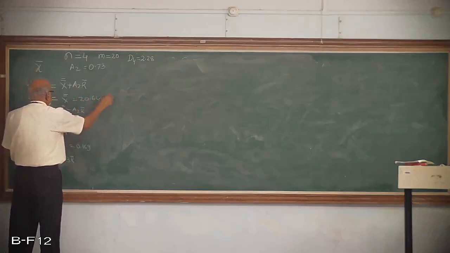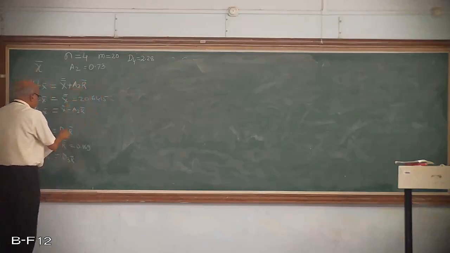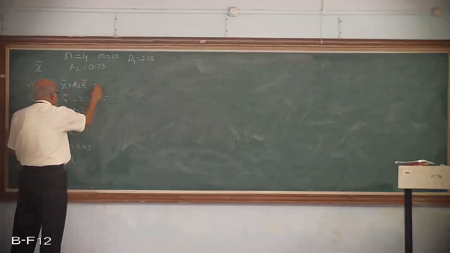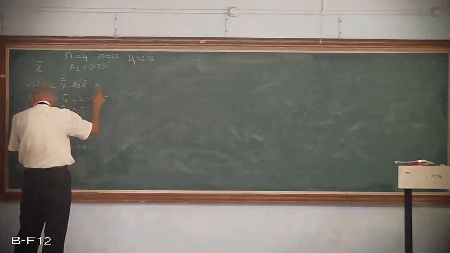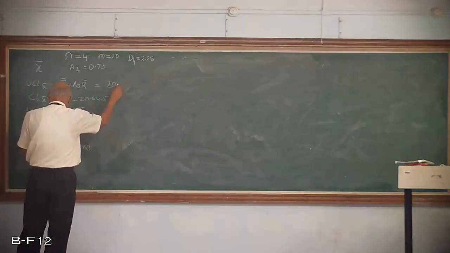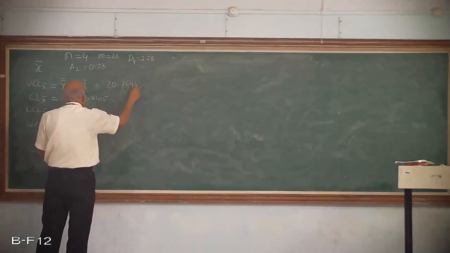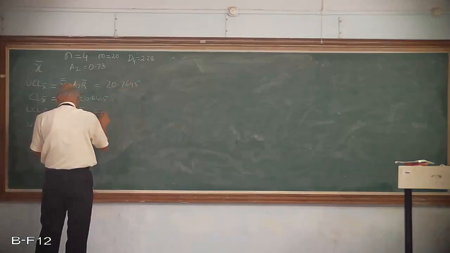20.6415. And by knowing R bar and multiplying it by A2, that is 0.73, we will find out the upper control limit of X bar chart. So the total value works out to be 20.7645. And the lower control limit works out to be